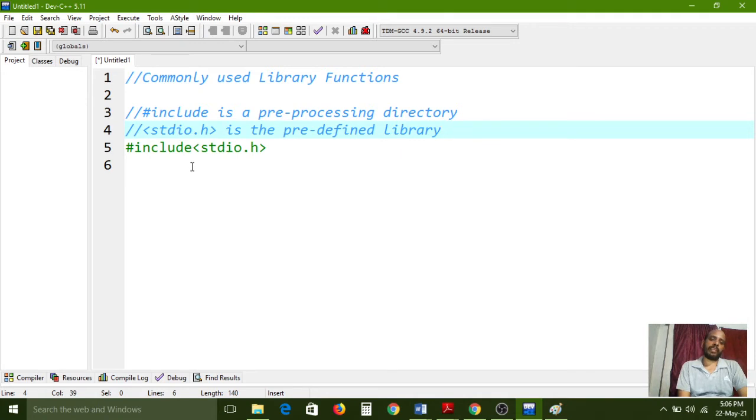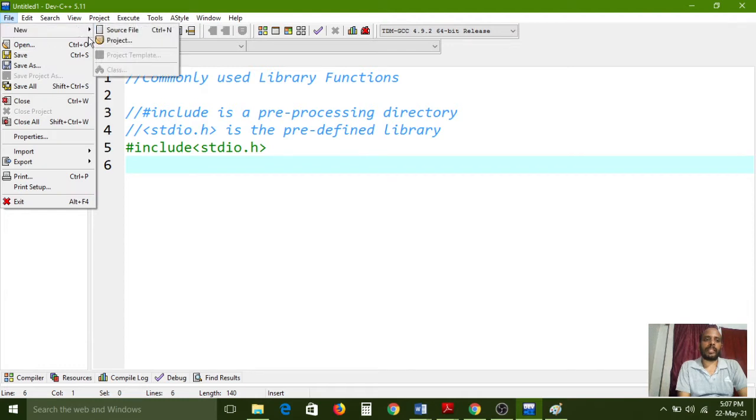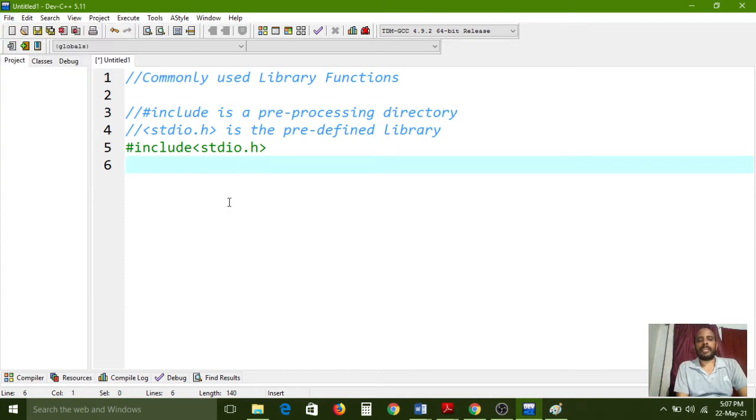Where have we typed it? In the source code window. If you want to type any C program, how do you open it? Go to the File menu and choose the New option, then Source File. Whatever program code we have typed in that source file is called source code, because it is the raw file before compilation.